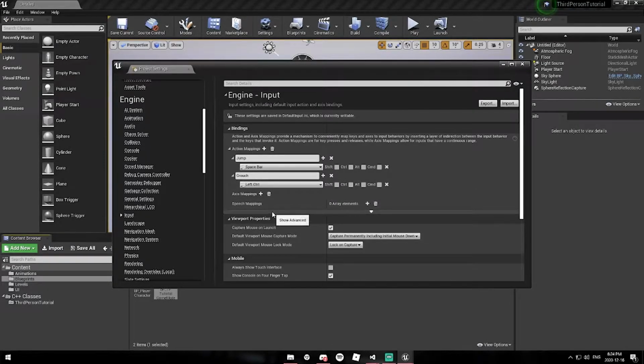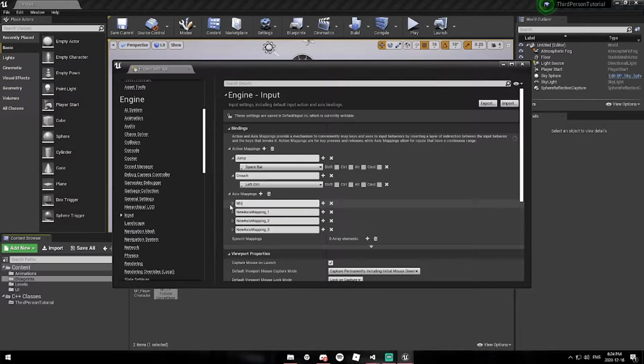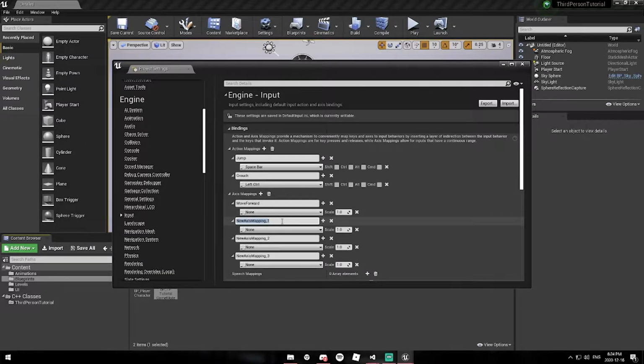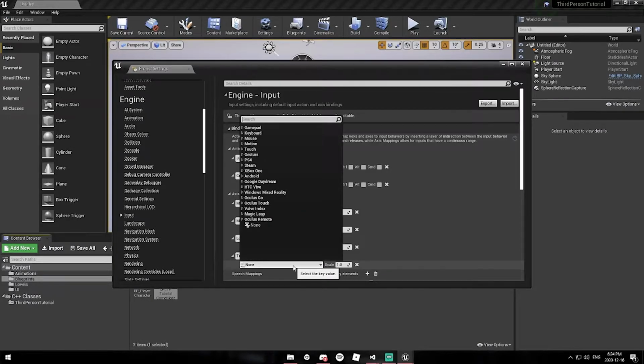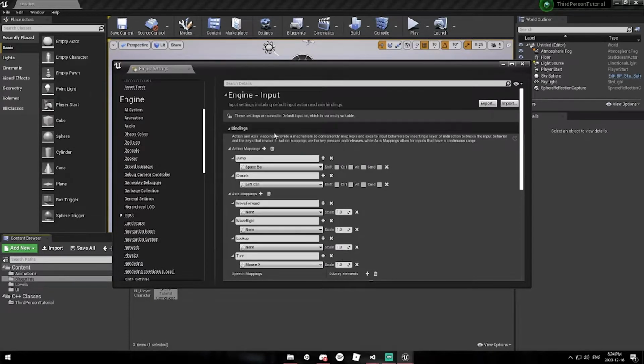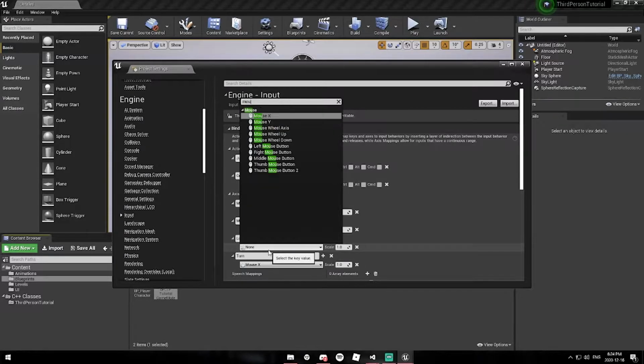Now we need to make some axis mappings. So we're going to need to make 4. So open that up. Our first one will be move forward. Our second one will be move right. Our third one, look up. Our last one will be turn. So we are going to set turn to mouse X, look up to mouse Y,